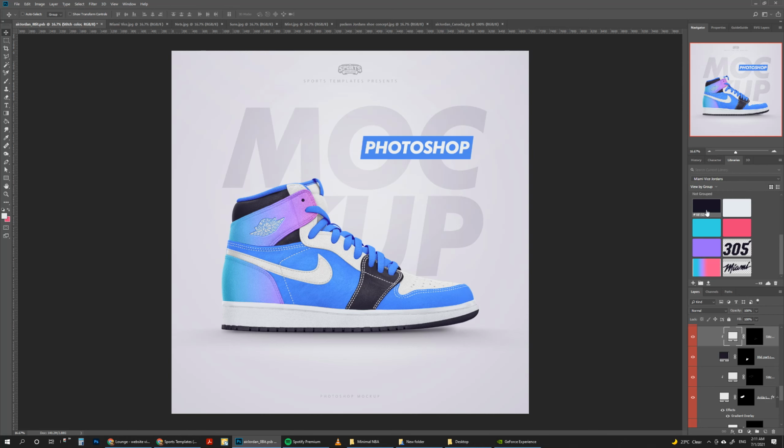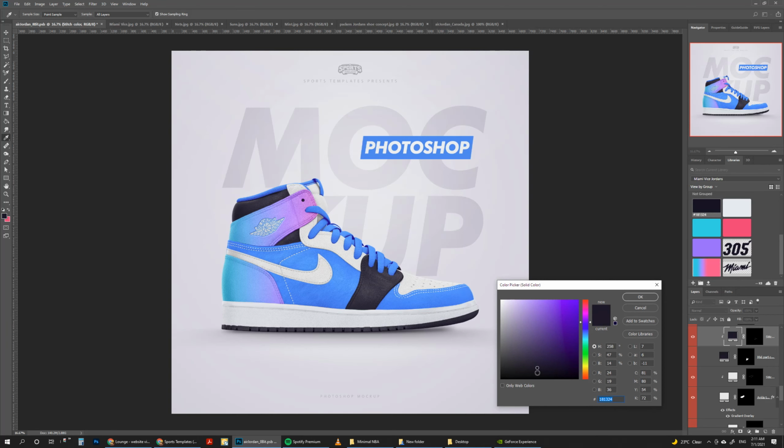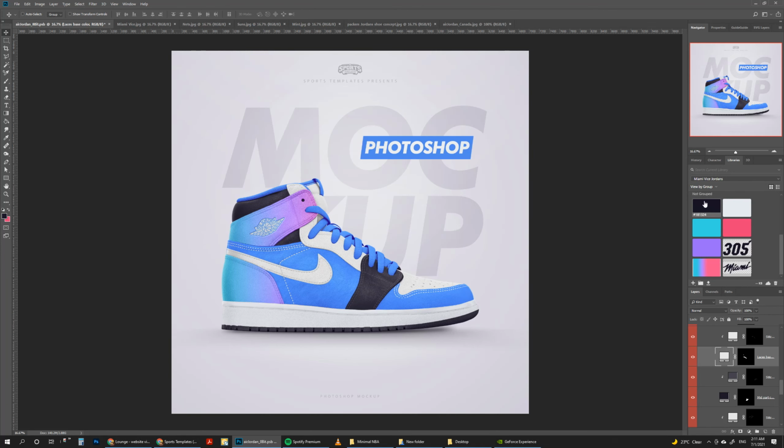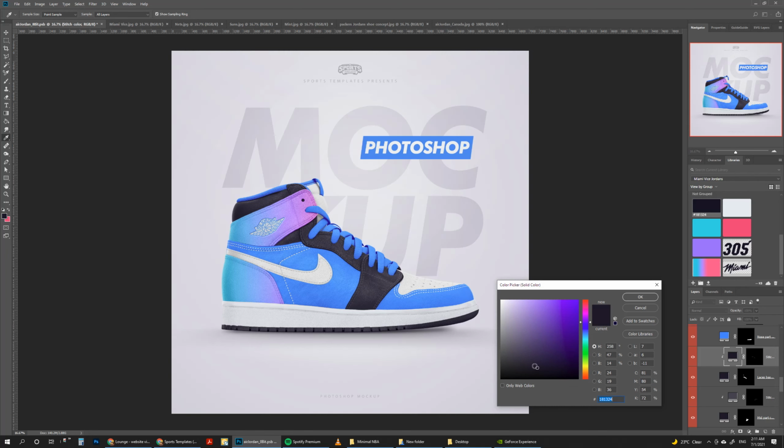The same thing goes for the stitching, but then when the stitching has the same color, it's really hard to distinguish it. So what you can do is double click on it and try to make it a little bit lighter. So something like this, so you can still see there's stitching, it's just a slightly lighter color. Now moving on to this part, same thing. So we go to the stitching as well and pick this color and then just make it a little bit lighter